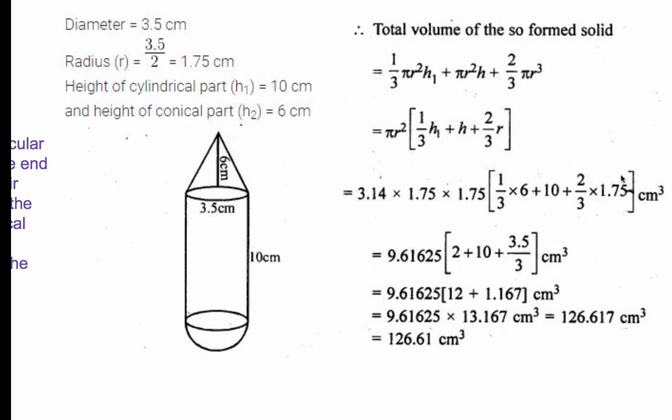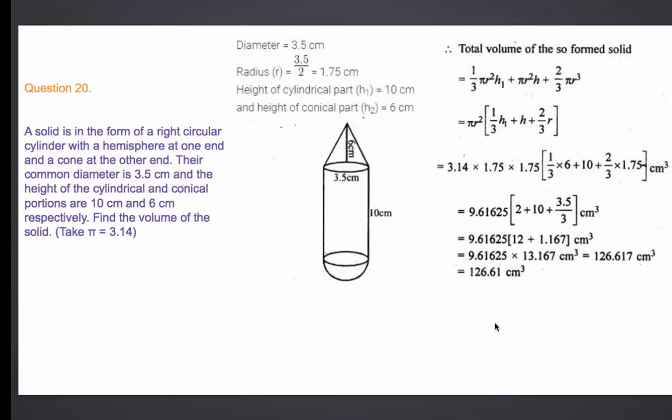Here calculated, it becomes 3.5 by 3. Multiply 2 into 1.75. 3.5 divided by 2 is 1.75. So 1.75 into 2 is what? Just the same. No need to calculate again and again. It will be 3.5. So 3.5 by 3. Work out the calculation. 10 plus 2, 12. This in the decimal form is 1.167. This we have calculated, all the multiplications. Okay. Now add the 2 and multiply it by the value. We get the answer as